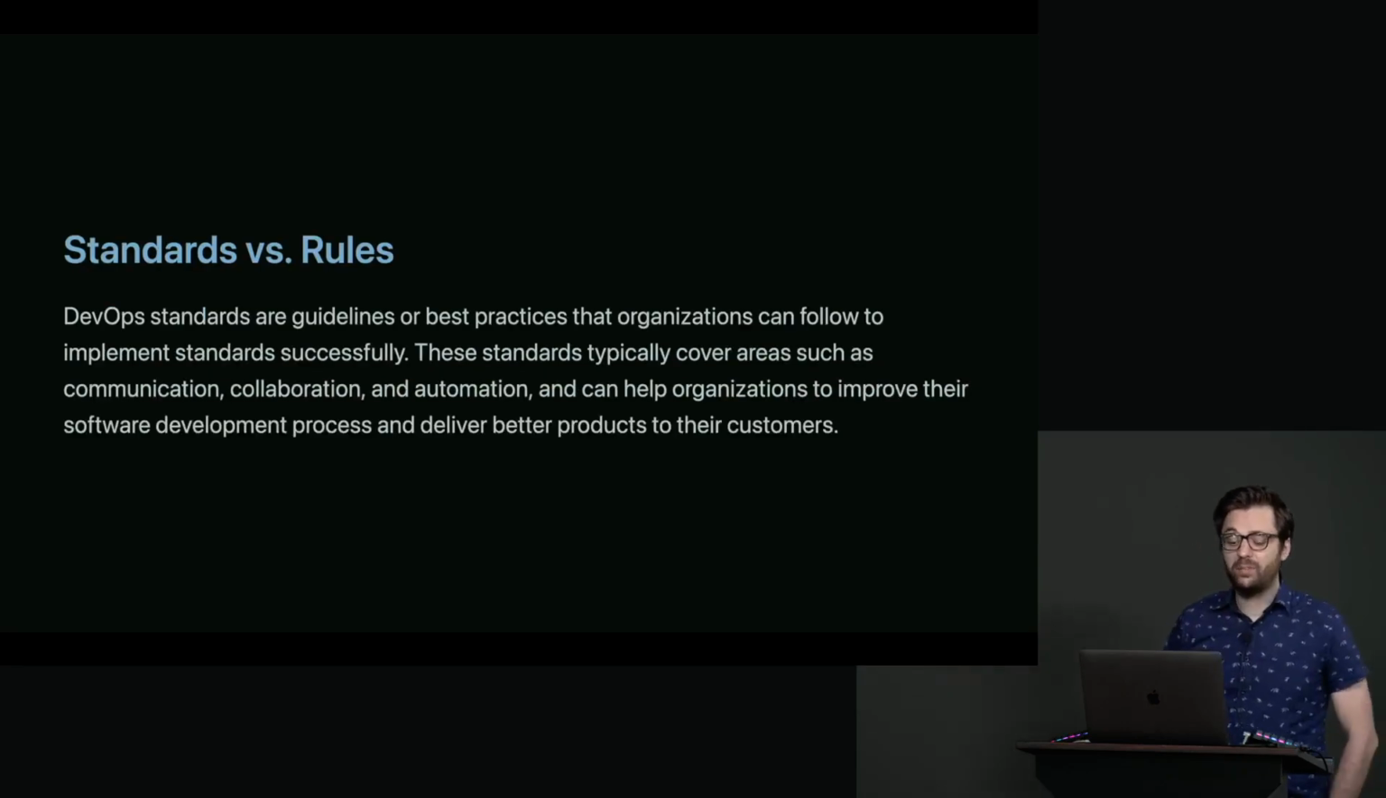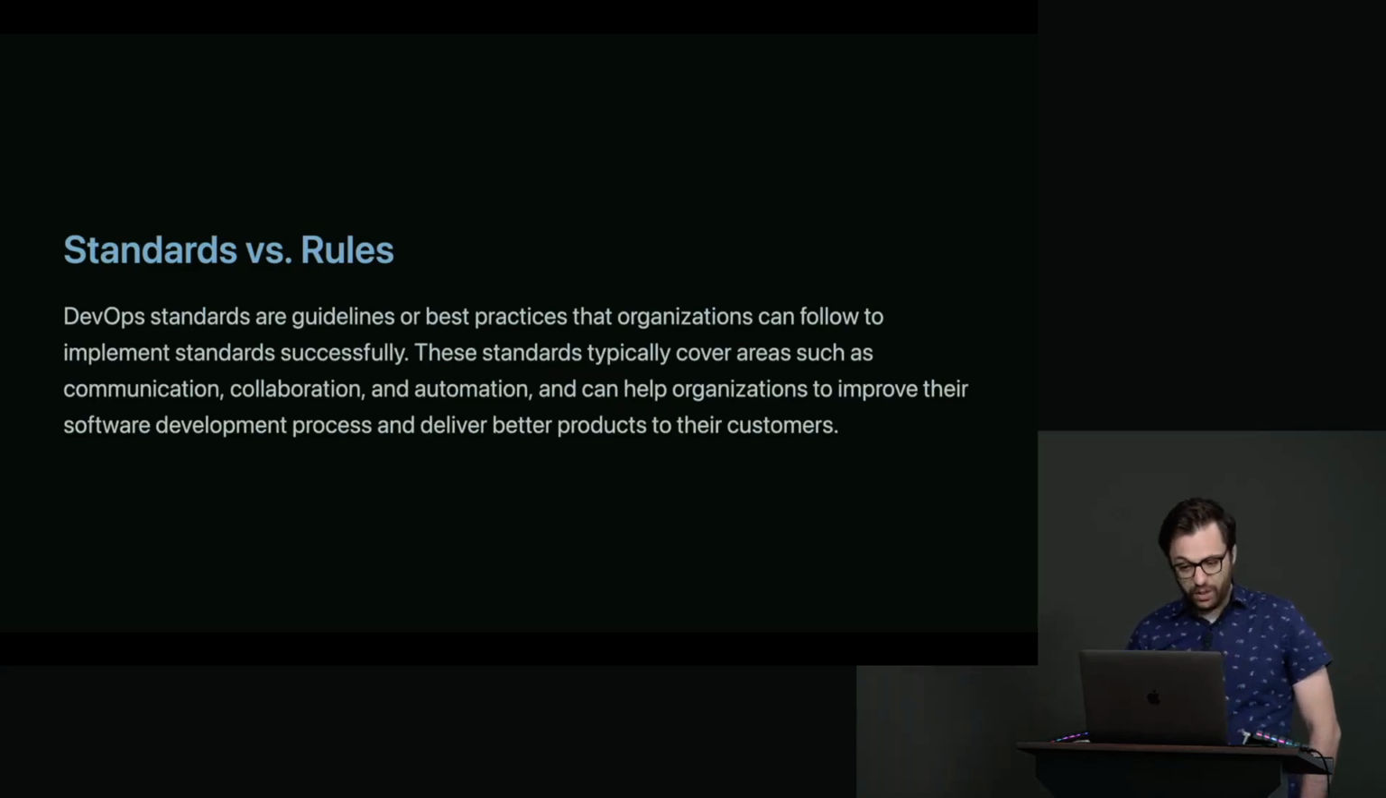So what are DevOps standards, right? Like what are they actually? They're guidelines, really, or best practices that organizations can follow to implement standards successfully. These standards typically cover areas such as communication, collaboration, and automation, and can help organizations improve their software development process and deliver better products to their customers. To give an example of this,